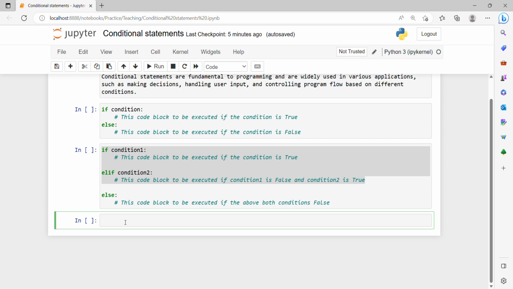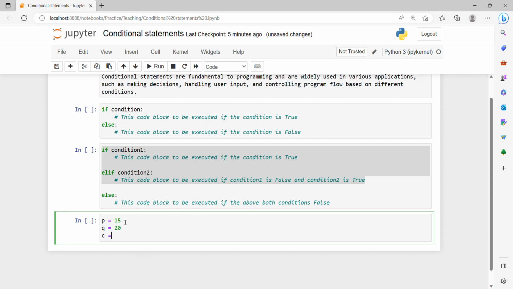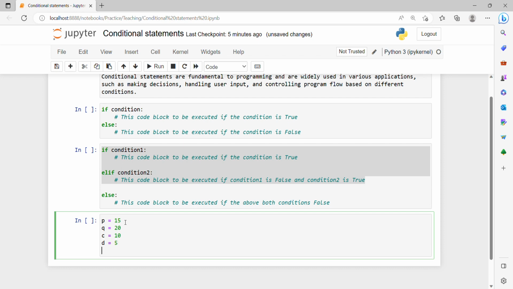So okay, I will take p equals 15, q equals 20, c equals 10, and d equals 5. So we will check if a is greater than b,